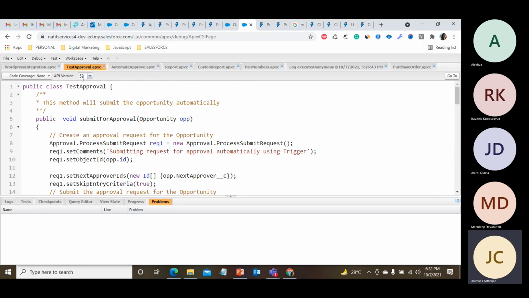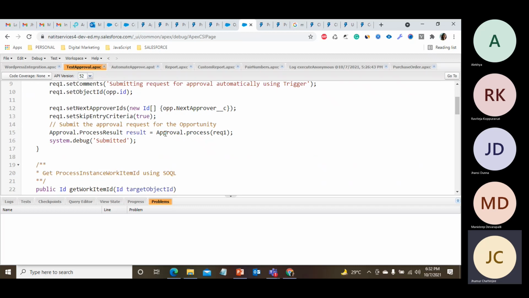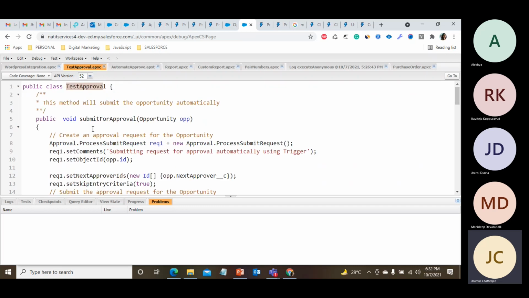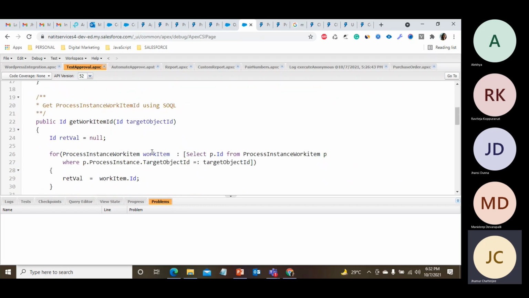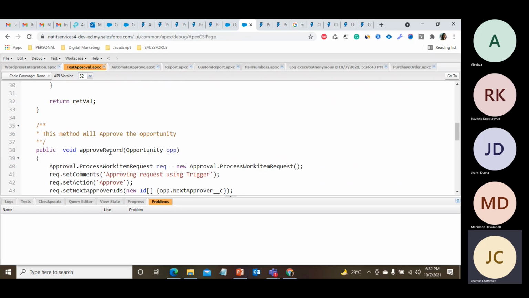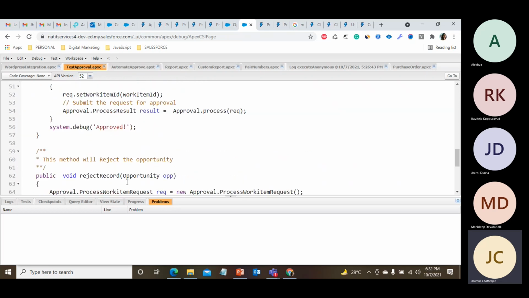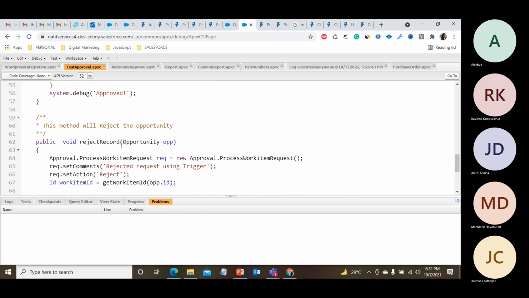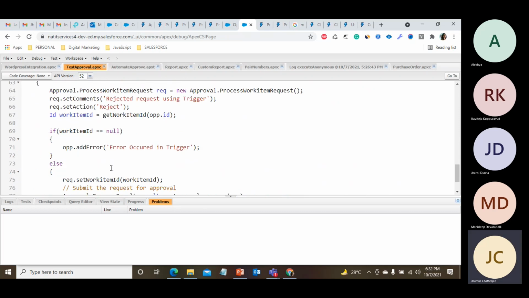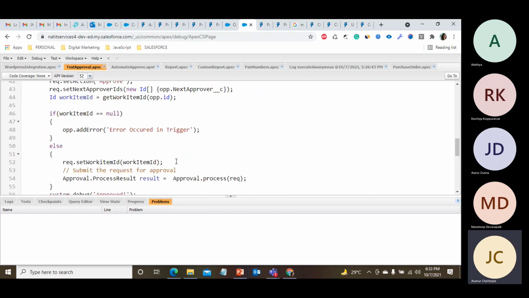Before that, we created a class, TestApproval. The TestApproval class has three methods. One is submitForApproval, where we have written all the code for submit for approval. Then approveRecord, where we have written the code for approval, and rejectRecord, where I have written the code for rejection.